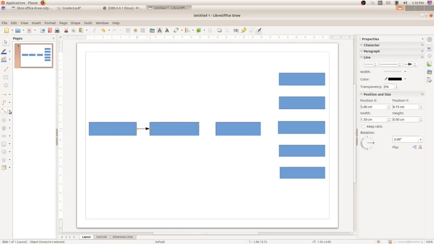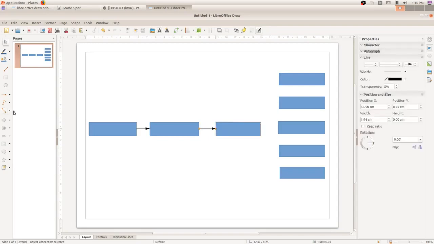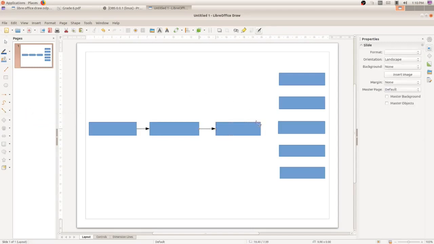Again select the straight connector. You can see the glue point here. Again choose the straight connector. Use the glue point here. Click and drag.